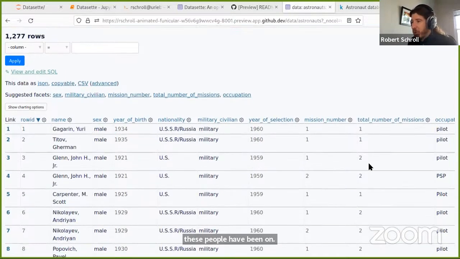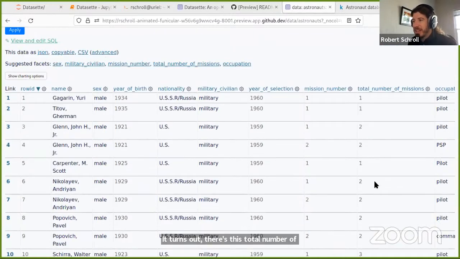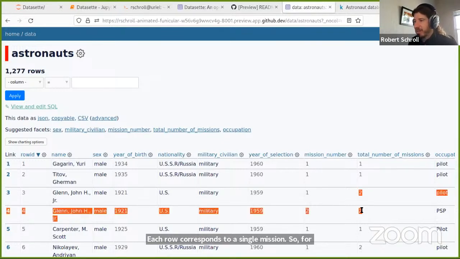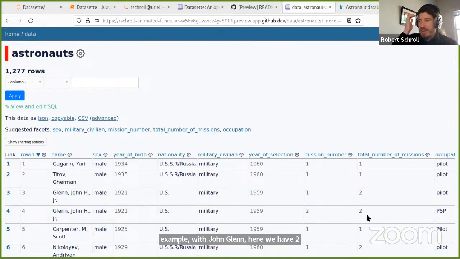It turns out there's this total number of missions column that tells us for each person how many missions they flew on. And this CSV file is perhaps a little confusing in that each row corresponds to a single mission. So for example, with John Glenn here, we have 2 missions for him in both of the 2 columns associated with him.